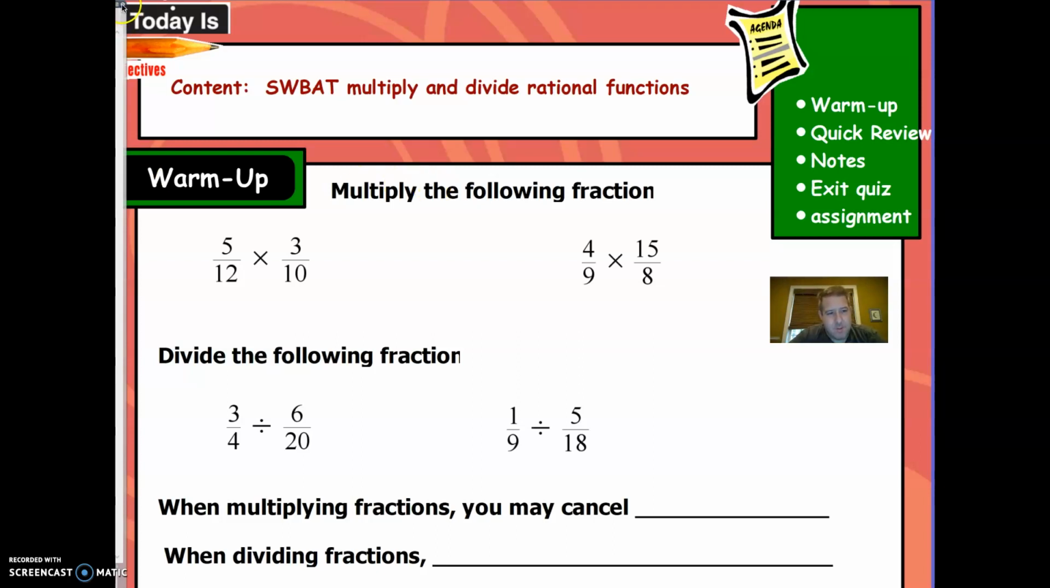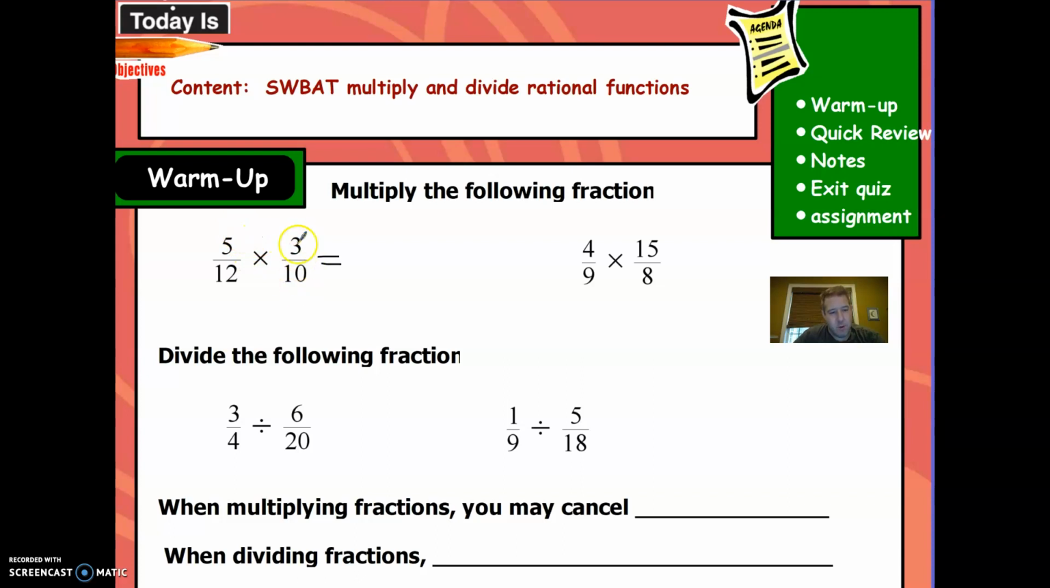This is Unit 1, Topic 4, Lesson 1, and we are going to be multiplying and dividing rational functions. So we're going to start off with a warm-up with multiplying and dividing fractions before we get to the rational functions. So when you did this, you probably multiplied numerator times numerator and denominator times denominator, but you also found